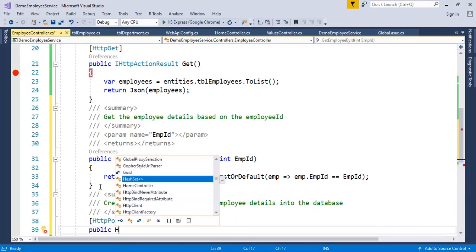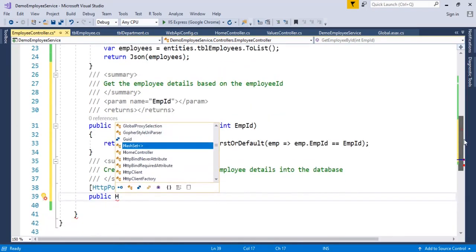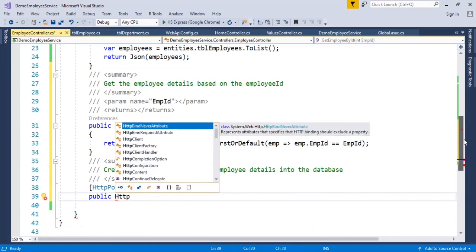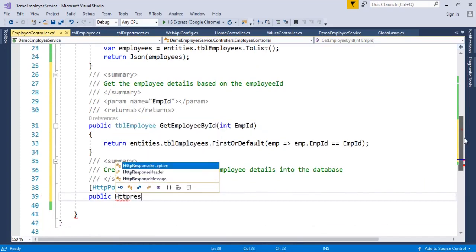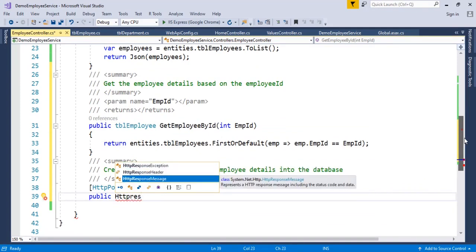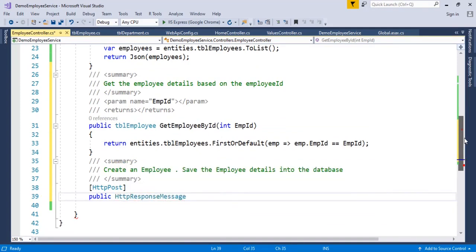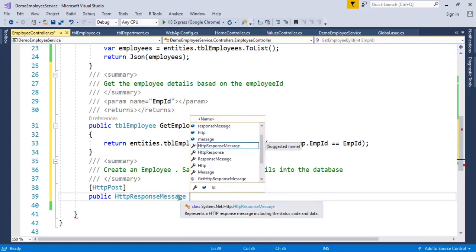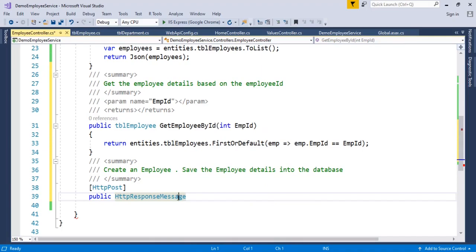This time I'm going to return an HTTP response message. This is a class actually. Once the employee details are successfully inserted into the database, we are going to send the client that OK message, the status code. That's why this message, you can see what this class contains.